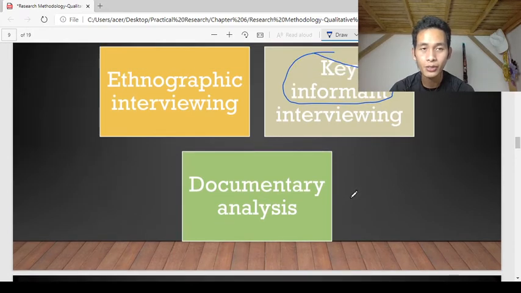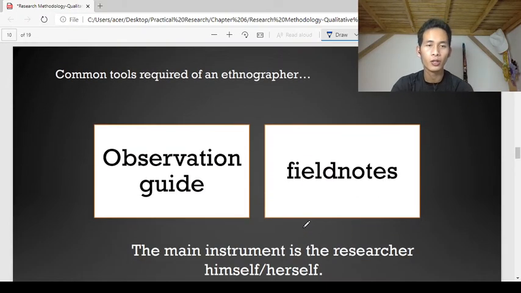So some researchers really document the activities of the community while participating and while observing, and then out from the documentation, the researcher will conduct documentary analysis. The researcher himself will analyze the document, the activities being documented. Now, common tools required of an ethnographer are the observation guide